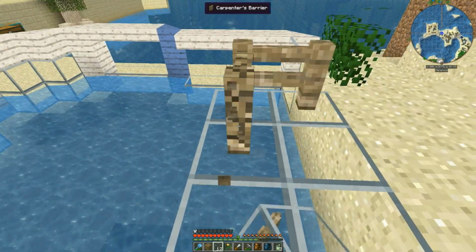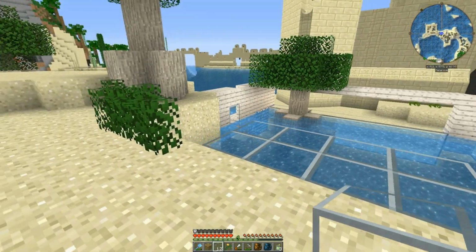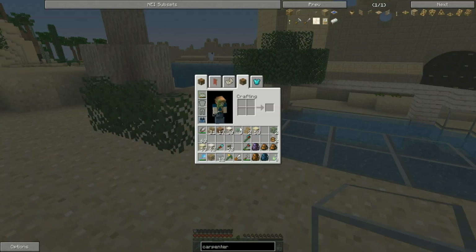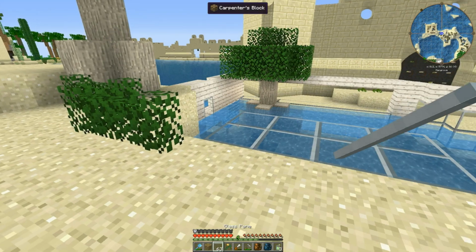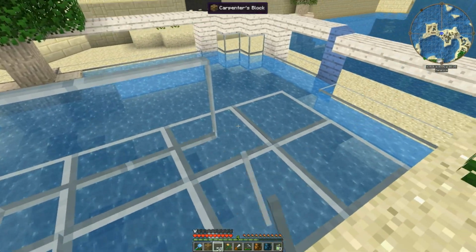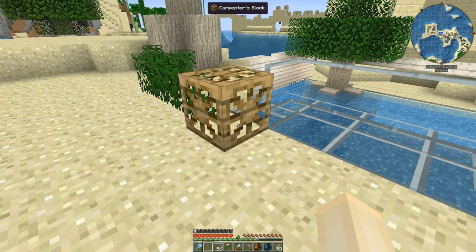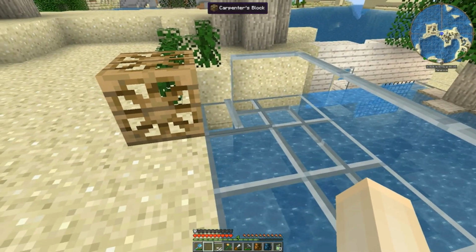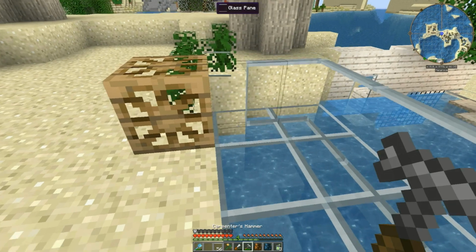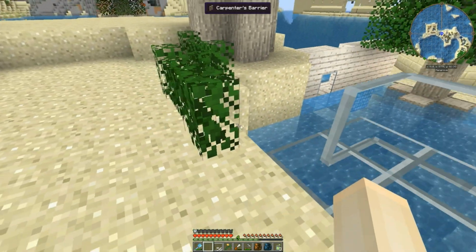Here, let's see. Actually, I don't want to do glass panes all around because I like the green. Where's my panes? There they are. They're hard to see. And then if we put a block down... Really? You're not going to connect? Why? Is it because it's a carpenter's block? Should we just put...